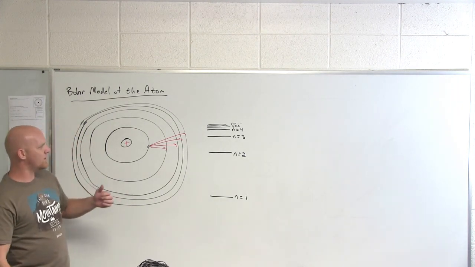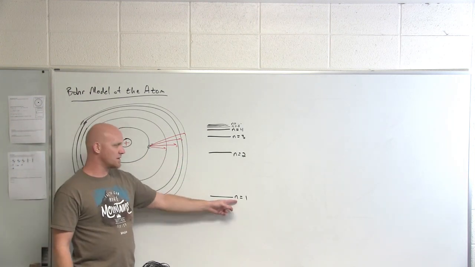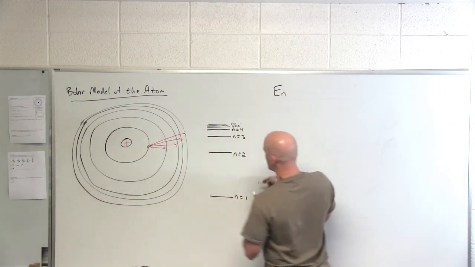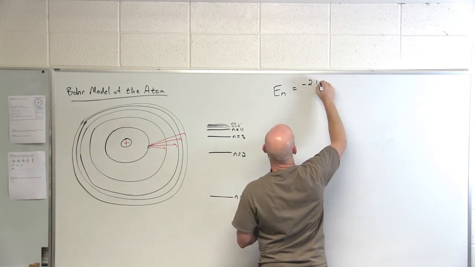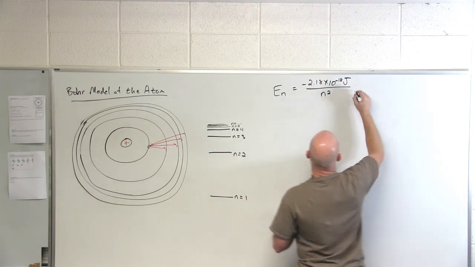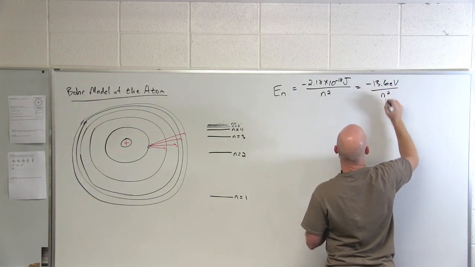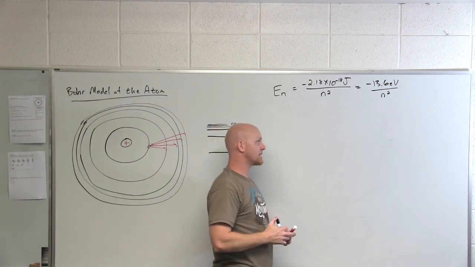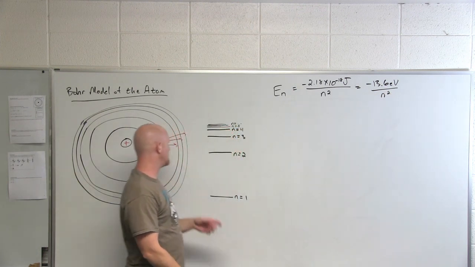And he came up with a very simple equation to describe the energy of each of these orbits, relating it to what we call the principal quantum number n. And he just said that the energy of an electron in any one of these orbits, you can express in electron volts or joules. Chemists tend to prefer joules, physicists electron volts. But you can see there's just a simple equation here for the energy of an electron in any one of these orbits.